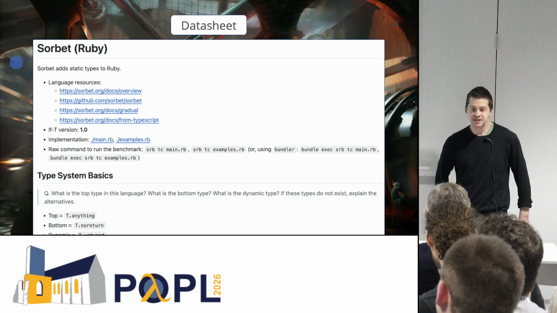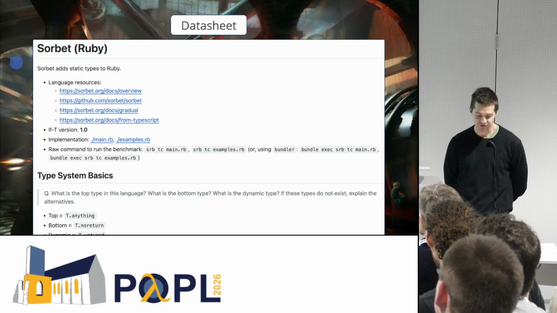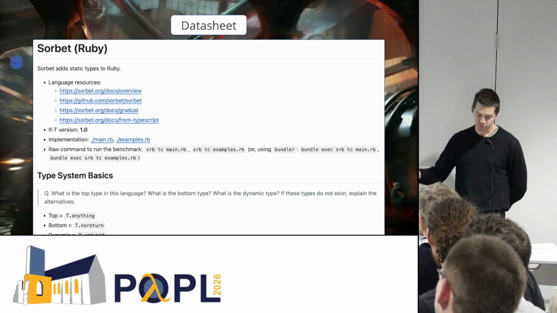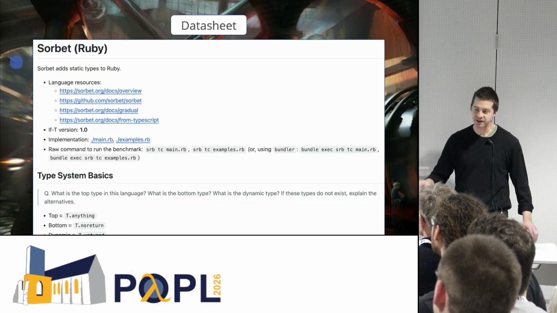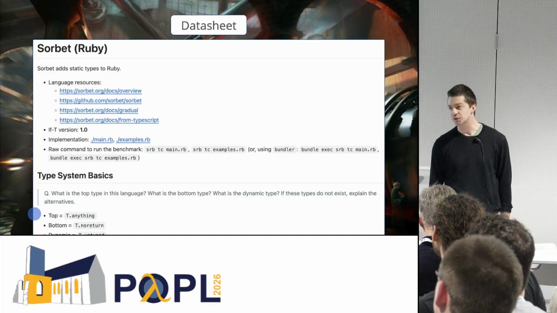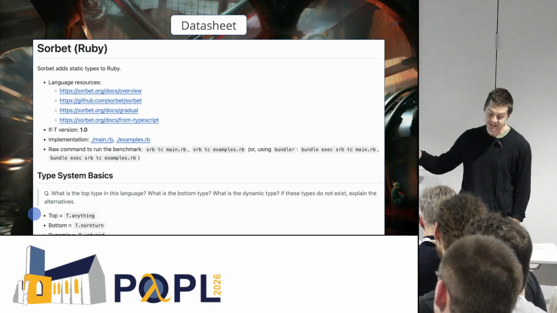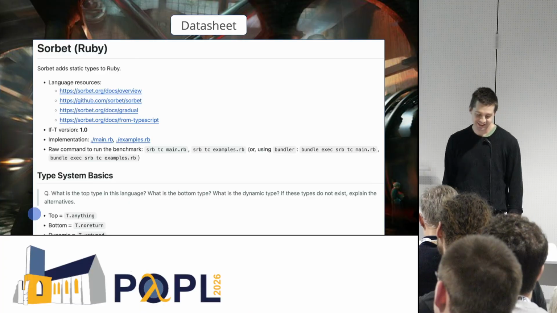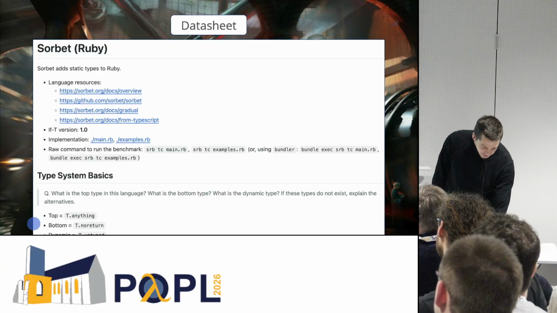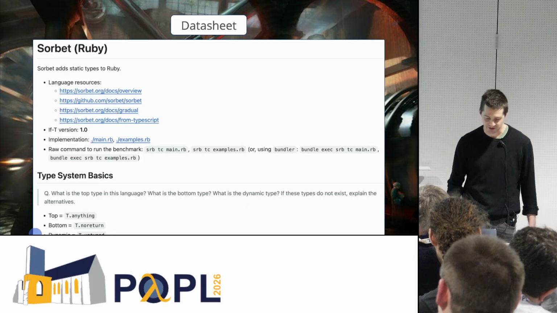Here's an example data sheet that we did for the Sorbet type checker. So this is adding types to Ruby after the fact. And it's only the first few lines of the data sheet, but already you learn some interesting things. What is the name of the top type in Sorbet? It has one. I never would have guessed it's called T.anything, but now we know. And the bottom type is called NoReturn, and I think the dynamic type has its own interesting name. We should always just call it dynamic. But